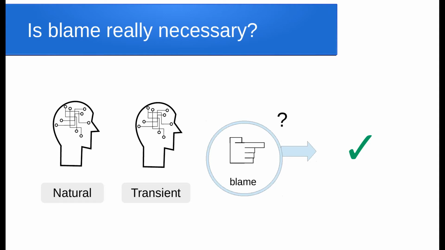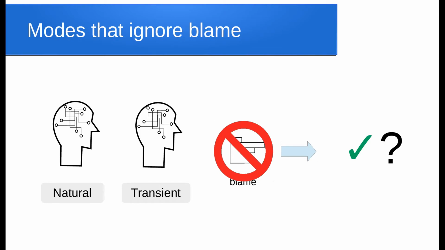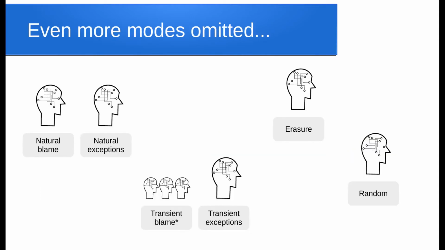To understand this distinction, we can create new modes of the rational programmer, which use the natural and transient semantics, but ignore blame and instead just use the stack traces from check failures, and we can see how often these modes succeed compared to the modes that use blame, to tease apart the value of blame from checks alone. And in fact, this way of using modes gives us a very flexible way to add baselines and control for confounding factors in our experiment.